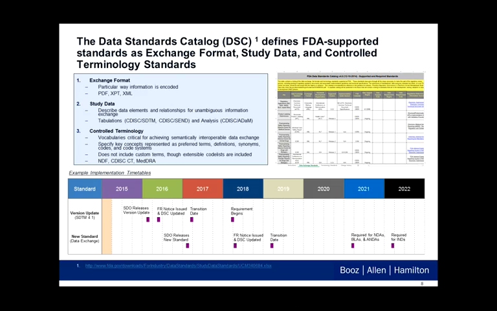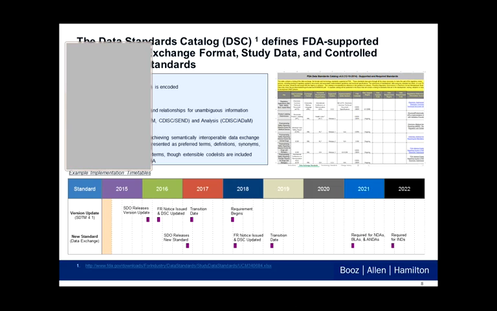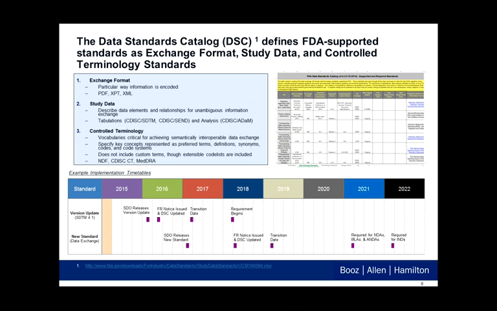Again, in this example, because the FR notice was after March, the transition date will be the following year's March 15. So we're looking at a transition date of March 15, 2019. The requirements are going to be different from a version update, but similar to the current initial timetable. So you would again have 2 years for NDAs, BLAs, and ANDAs, and 3 years for INDs until the requirement holds. So you're looking at 2021 or 2022, depending on the application type. So the whole point of this timetable is to make sure that industry and individual sponsors are made aware that